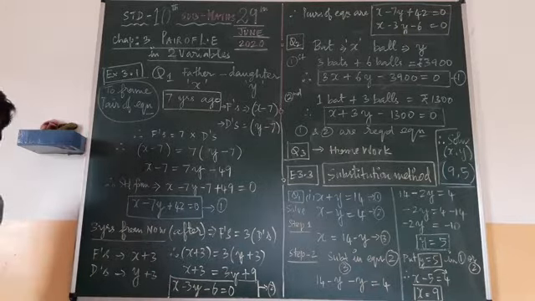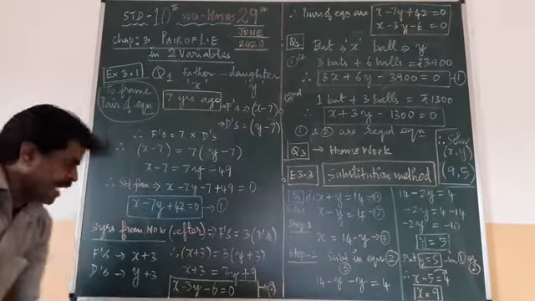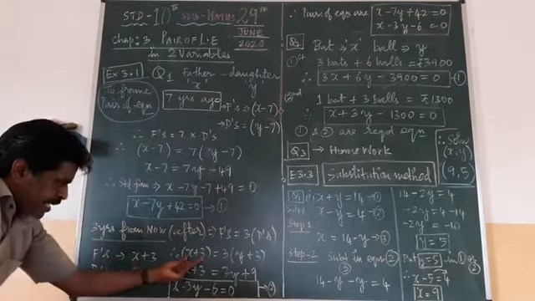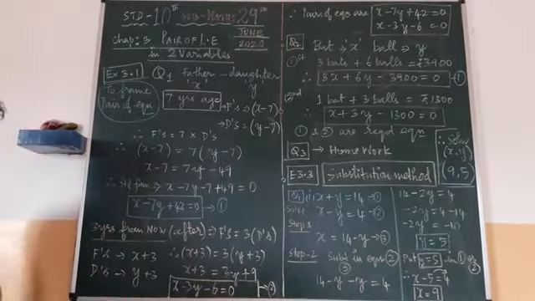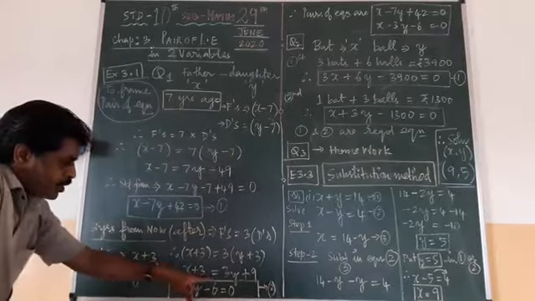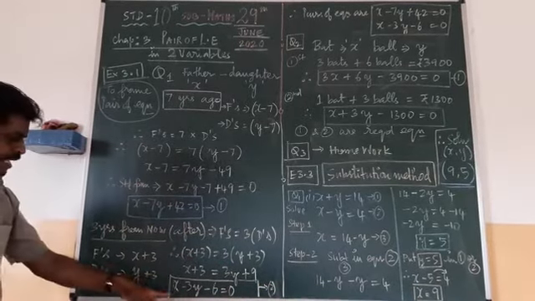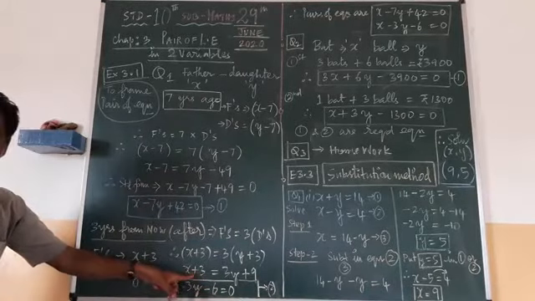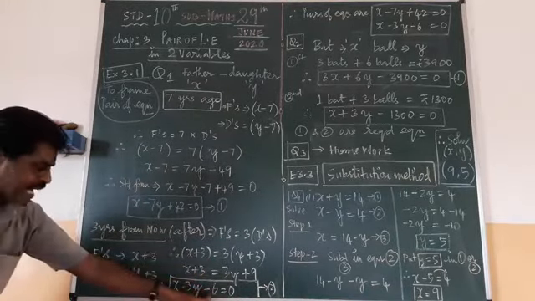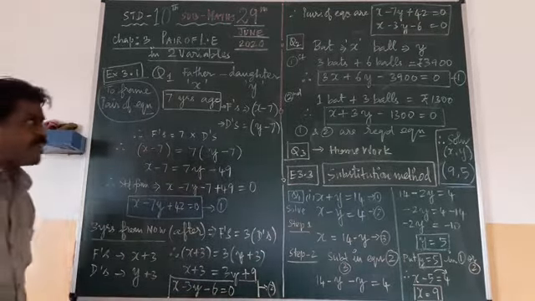So two conditions are made. What is the condition there? Father is 3 times the daughter's age. So X plus 3 equals 3 times Y plus 3. Remove the bracket, simplify. X plus 3 equals 3Y plus 9. Group all on one side. X minus 3Y. Minus 9 will come to this side. Already 3 is there. Minus 9 plus 3, minus 6, equal to 0. That is your standard form of equation.